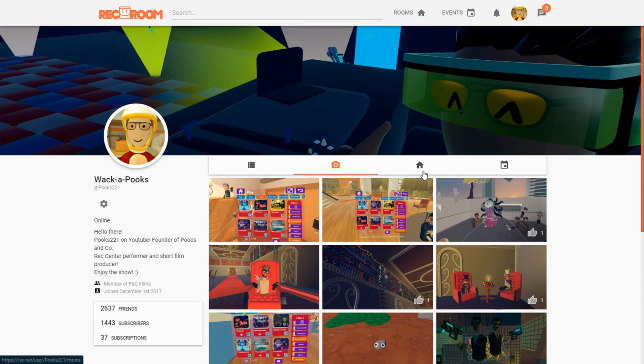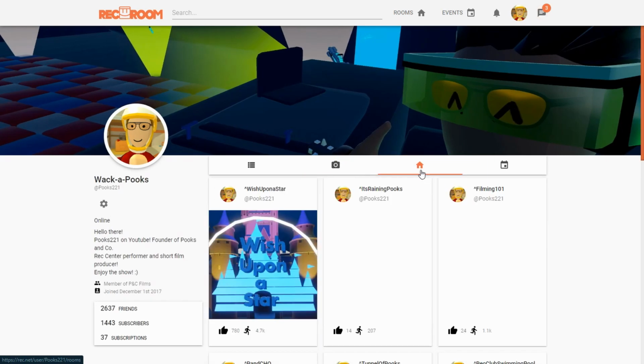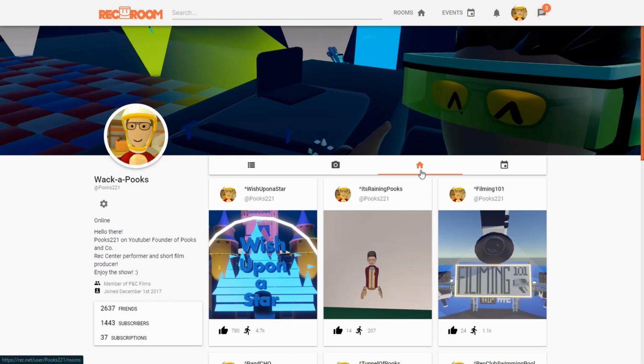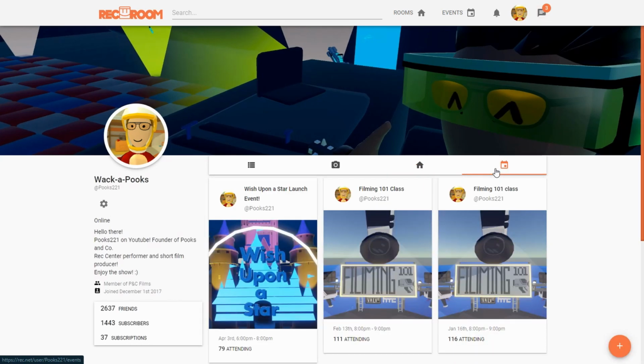Moving on to the house icon, again this is the rooms tab, however it is specific to your own player, meaning any rooms that you have created will show up here. You can click on the room and edit these rooms just like I showed you previously. Last option you have available is the personal events tab. This is events that you have created, and you can create new events from this page as well. You can click on old events and see pictures, and you can edit and create new events as you see